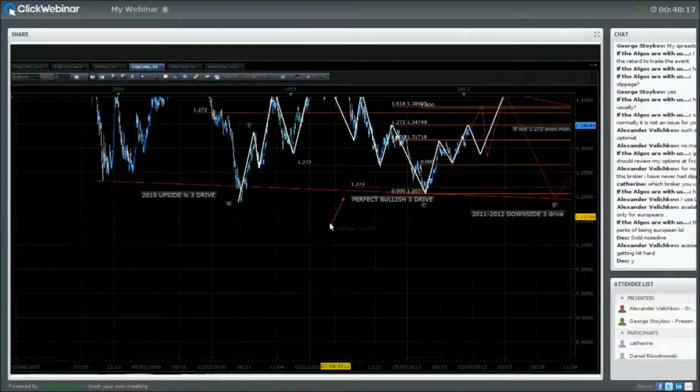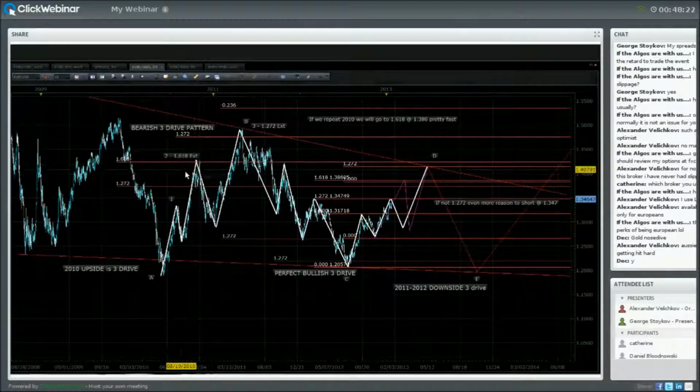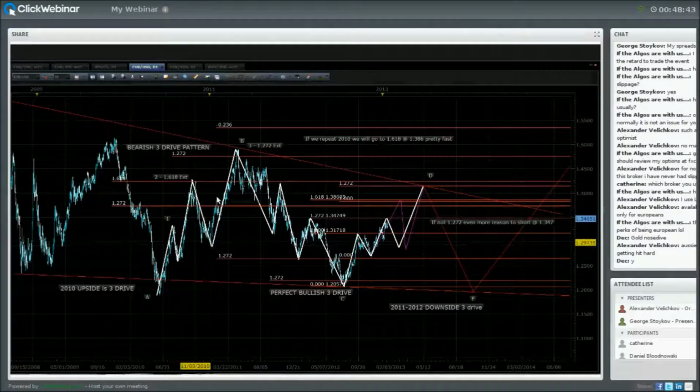Now, the three-drive that we had from 2010 was perfectly symmetric in terms of timing. It was perfectly time symmetric. However, it was not perfectly price symmetric. We had the extension of the first wave go all the way to the 161.8 extension. You would have expected the third wave of this three-drive pattern to finish